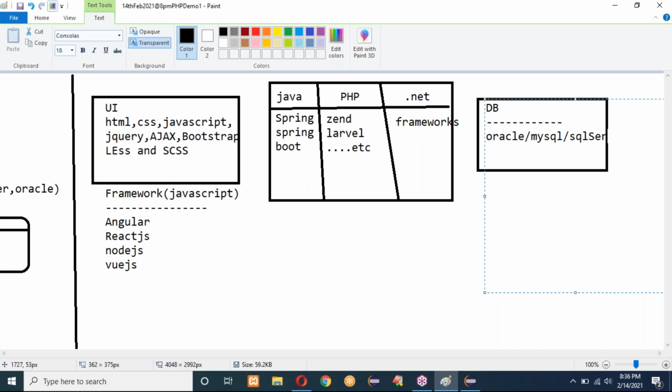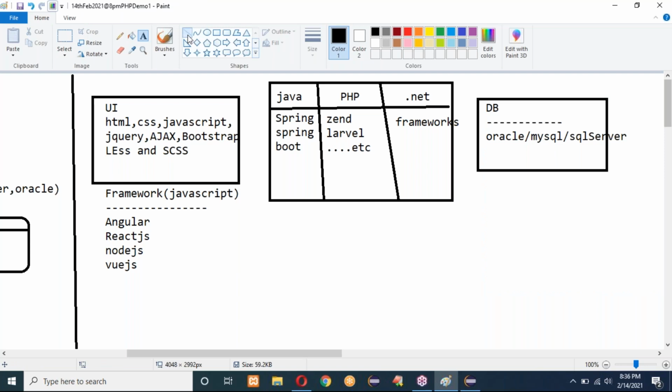By default, .NET people want to use SQL Server as their database. Oracle people want to use Oracle. PHP people want to use MySQL. Java people say Oracle is the database. Generally they use that, but if they want, they can use different things.